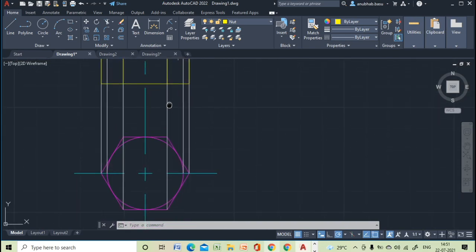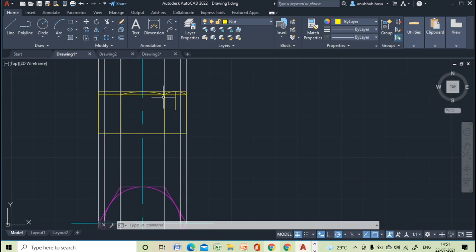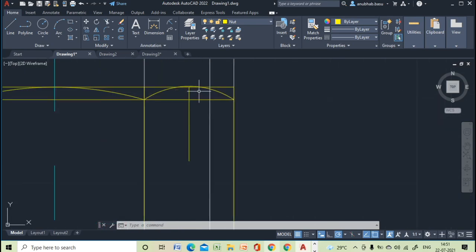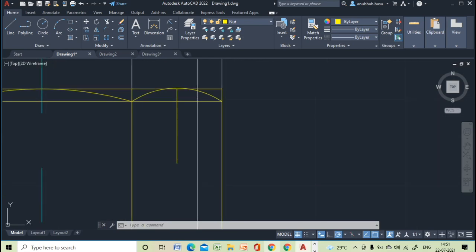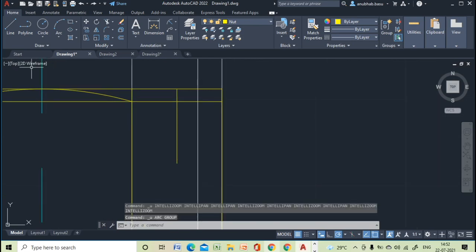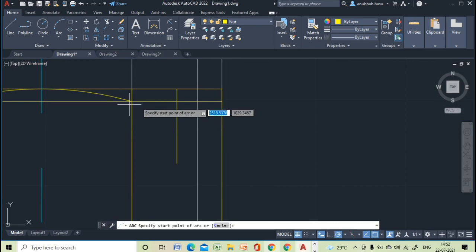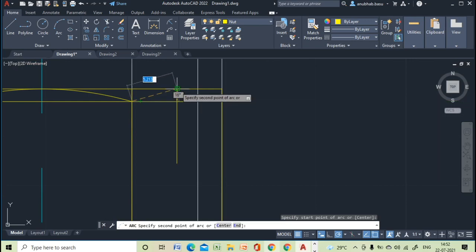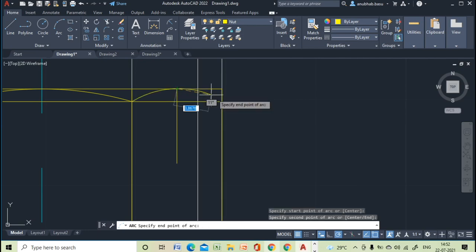In the three-point method, we are specifying 3 points on the arc. So what I'm saying is that if we mark the starting point, the center and the end, the arc will be drawn through those 3 points. Suppose this is the starting point, this is the second point, and this is the end point.